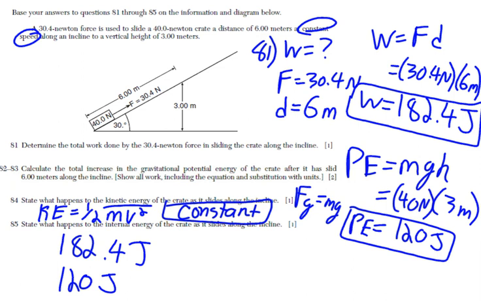Notice there's a discrepancy here. We put in 182 joules. We only got 120 joules. So there must be some internal energy that is developed as we push the block along the incline. Since there is a gain in internal energy, for 85, we can say that the internal energy is increasing. Because as you push the block along the incline, you are losing energy, which means that internal energy, that heat energy, is going